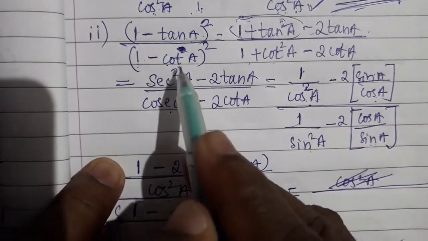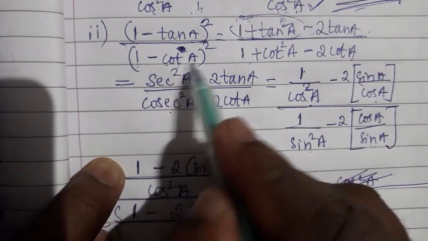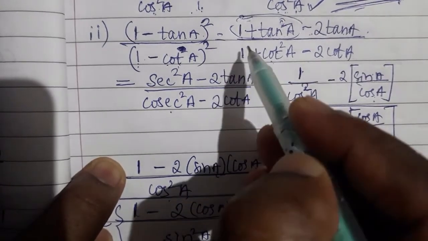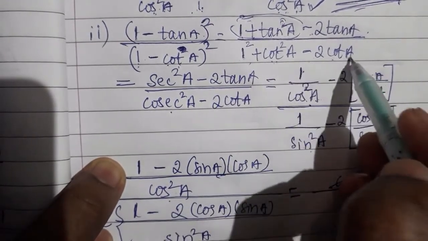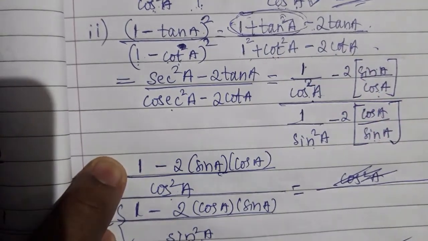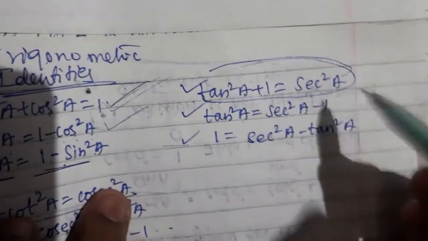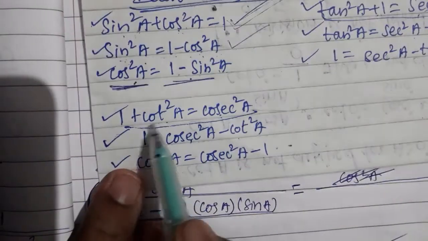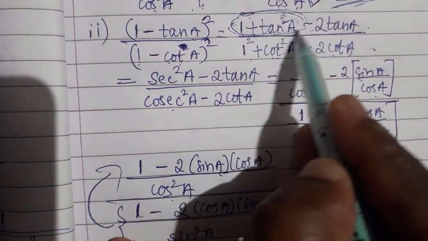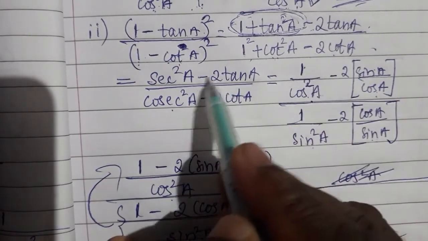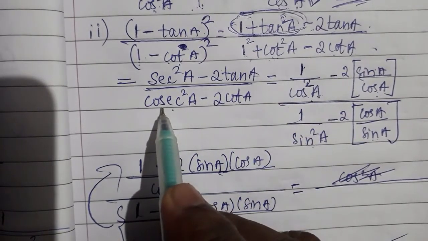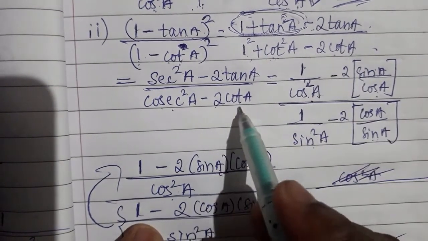Now in place of A I have 1, in place of B I have cot. So (A − B)² will become A² + B² − 2AB. So 1² plus cot²A minus 2 cot A. Now in place of 1 plus tan²A, definitely I can write it as sec²A, an identity. Now you can notice here 1 plus cot²A, definitely I can write it as cosec²A. Replace 1 plus tan²A as sec²A, write this minus 2 tan A. By 1 plus cot²A replaced as cosec²A, this minus 2 cot A you write as it is.